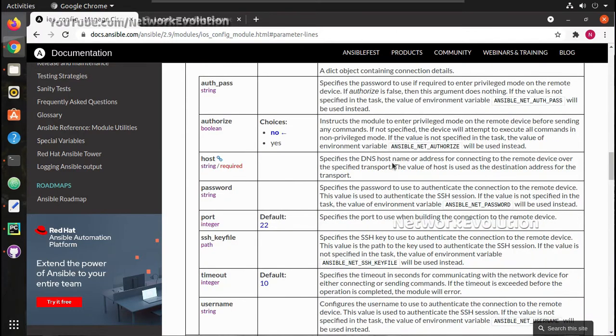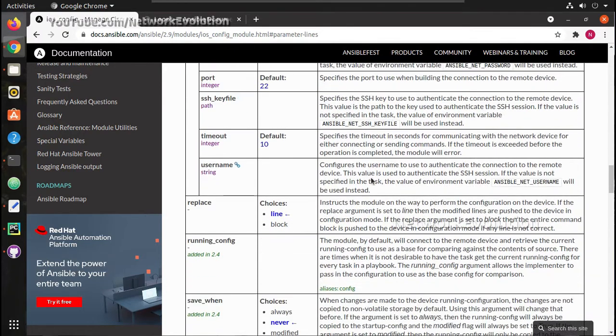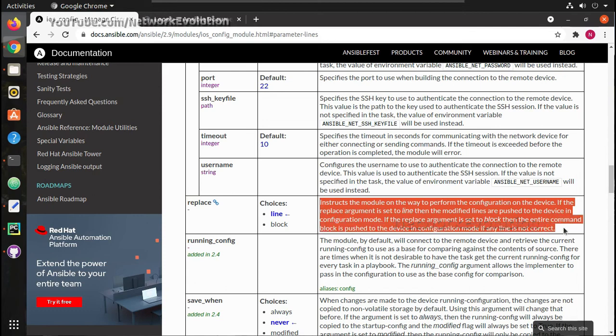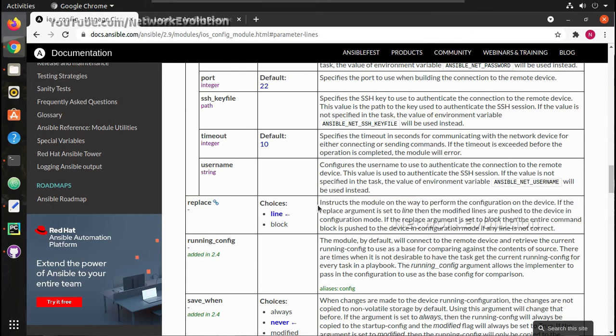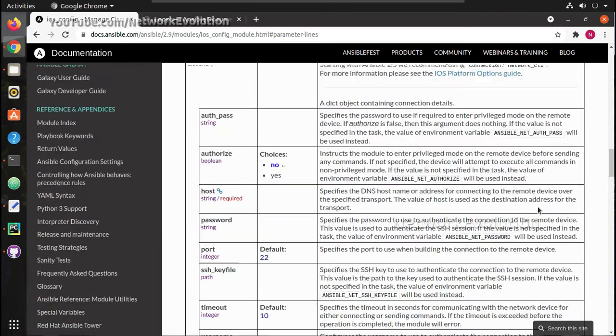And similar to that, for replace, while replacing the configuration, either you can replace line by line or the entire block. And if you are interested, let me know. I can create a separate video for that.